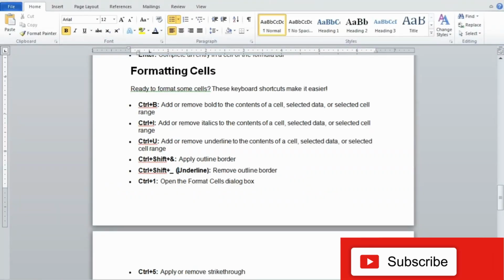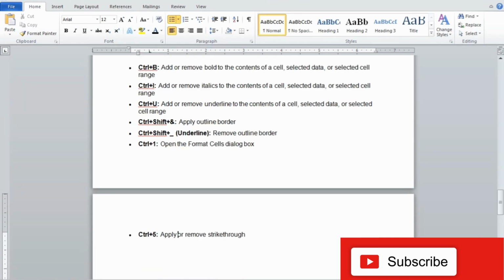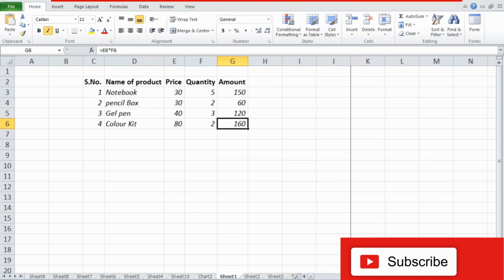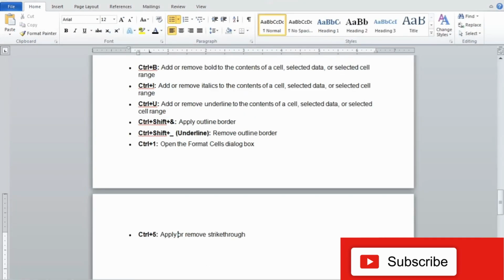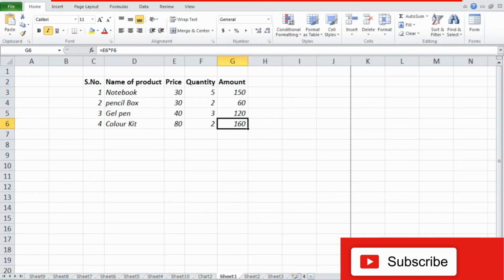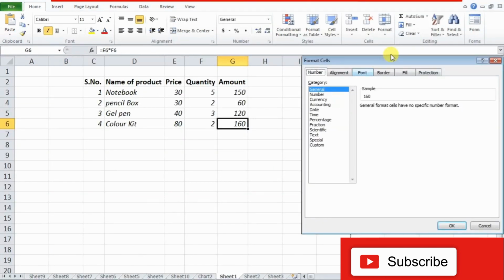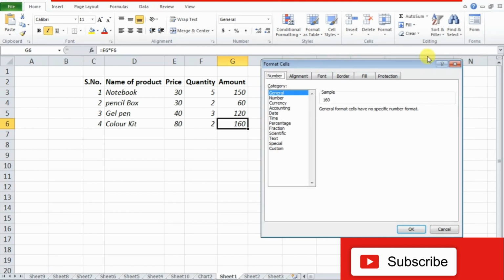Next we have the format cells dialog box, and applying or removing strikethrough. If I move to a particular cell and press control plus 5, strikethrough will come, and control plus 5 again, it will go back, right? And for getting the format cells box, you need to press control plus 1, and this format cells dialog box will come, which we can use.